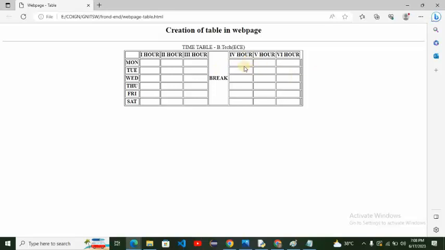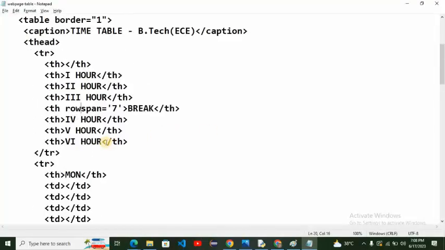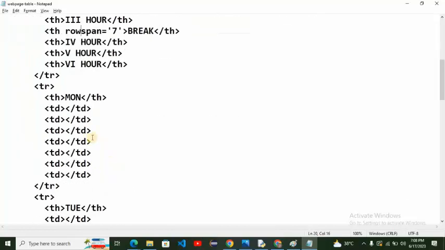For this reason we need to go for cell merging. So there are row span and col span properties. Row span and col span mean the cells of a particular column or row we can mix up together. Now what I'm doing here is, just go to the code here,